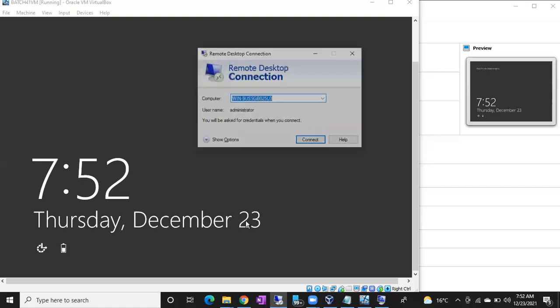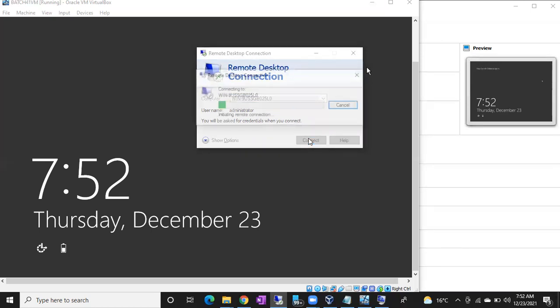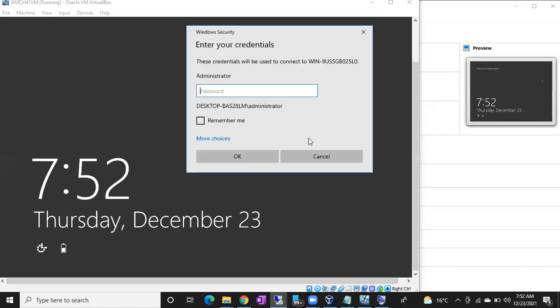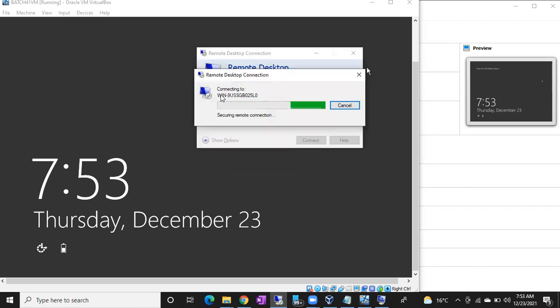Okay, let me connect to the server. Rajesh, you can record. Now this time you can see computer name is already there. No need to check the IP address and all. Just give the computer name. Last time I gave the username, Administrator, and password. Next time, as I have successfully connected for the first time, it won't ask the username. It will directly ask the password. So give the password, the one which we created while installing the operating system.